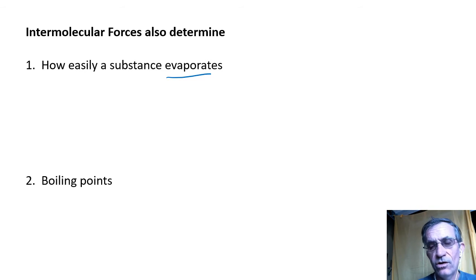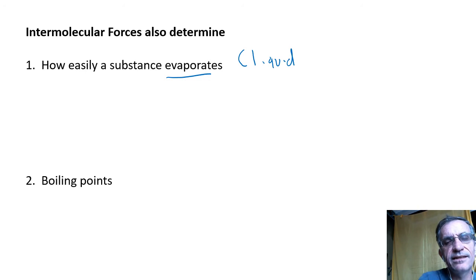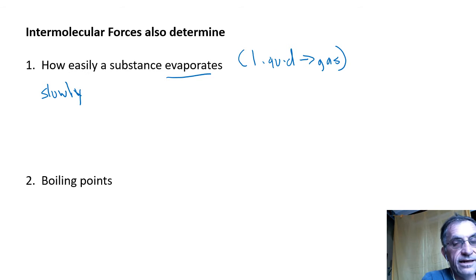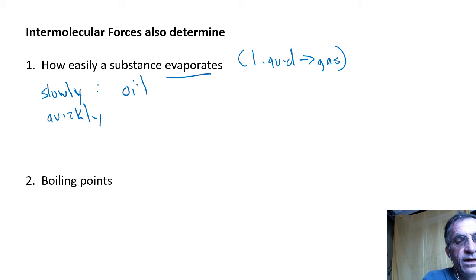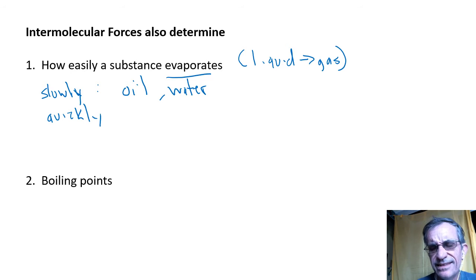evaporates. Evaporation just means a liquid turning into a gas. That's what evaporating is. There are lots of things in the world that evaporate slowly, and lots of things that evaporate quickly. For example, things that evaporate slowly would be something like oil, like motor oil. If you spill it on your driveway and you come back, it's still going to be there. It's not going to evaporate, at least not very fast. So oil evaporates slowly. Even water. If you spill water, maybe eventually it evaporates, but it's going to stay on your kitchen